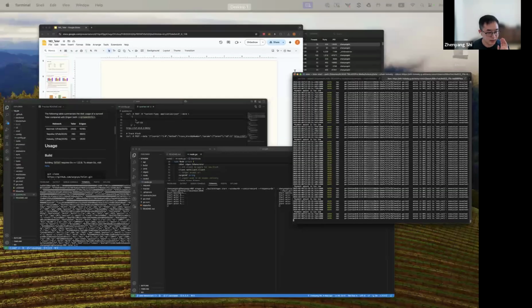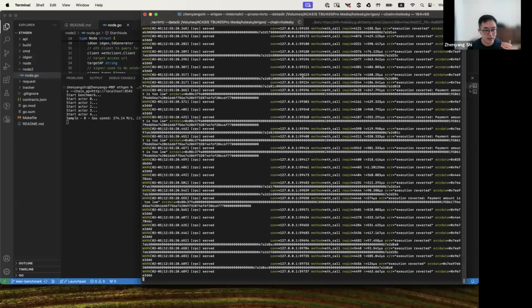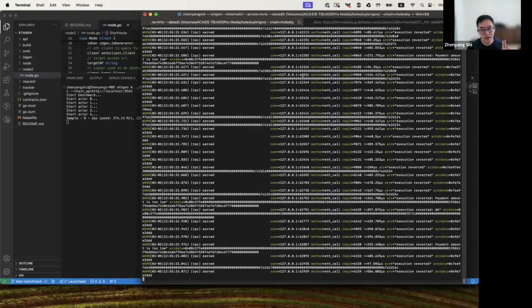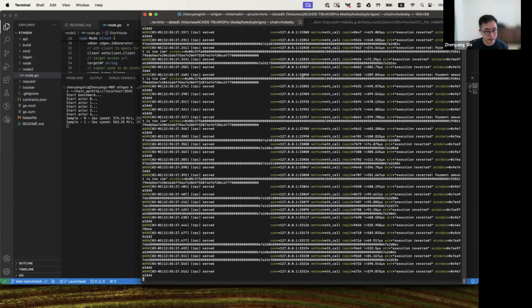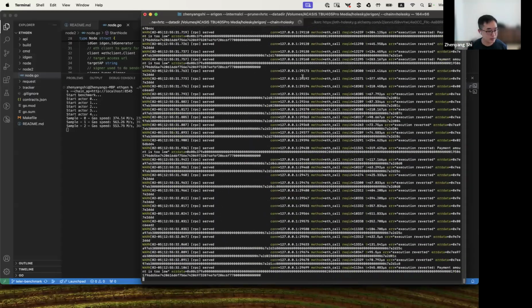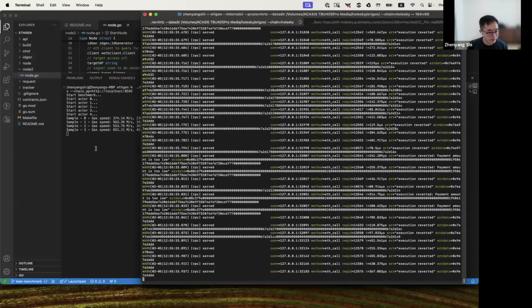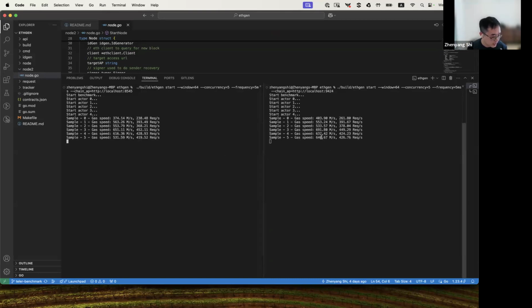As you can see, there are a lot of warning messages popping up in both nodes. That is because when the agent sampled a reverted transaction and you try to replace that reverted transaction, you get a warning log. And because we are sending a lot of requests to these two nodes, you get a lot of warning logs, basically. At the moment, we can see that Teler is performing pretty similarly